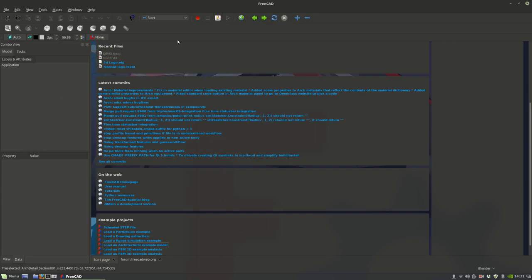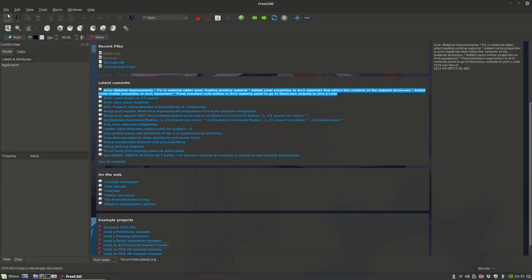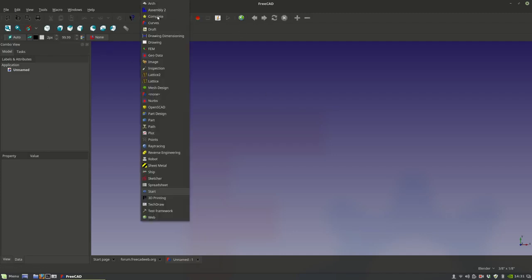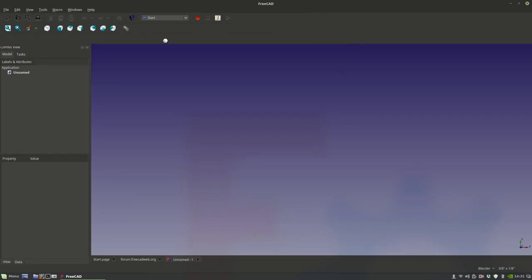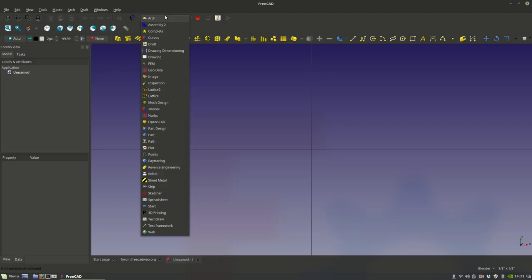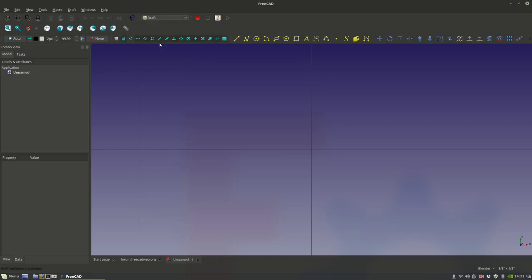and so here I'm back in the start page. So I'm going to start a new project by clicking on this button here. You can see it started a new folder. Right now I have to select the workbench. For now, the three main workbenches that are probably going to be used the most would be the architecture workbench, of course, primarily the workbench that would be used, and you've also got the draft workbench that will be used,